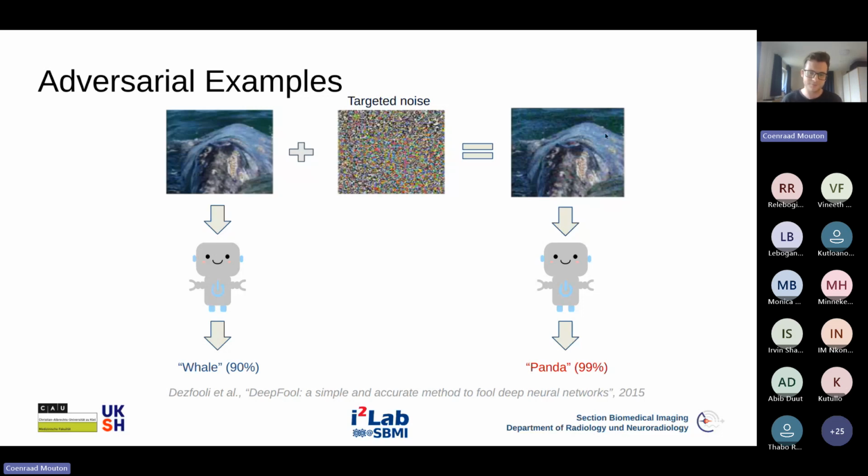Now, these examples that to us humans are clearly one class, but are misclassified with high confidence by neural networks, are known as adversarial examples. You can imagine that they are a very big issue in the deep learning field. If you're building an autonomous car, and it doesn't recognize a stop sign due to some sort of noise, you can have life-threatening consequences.